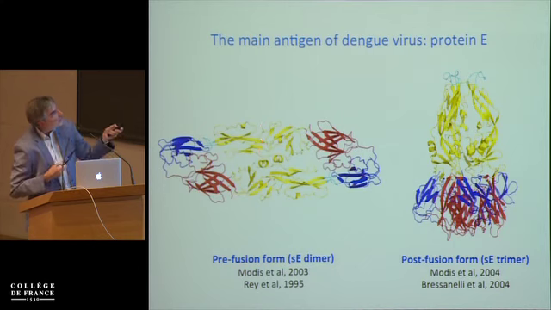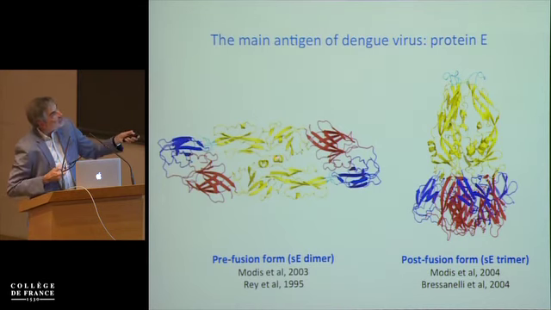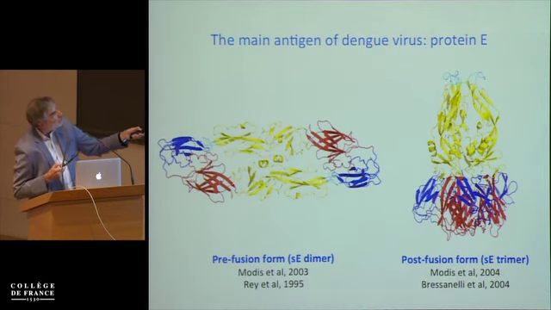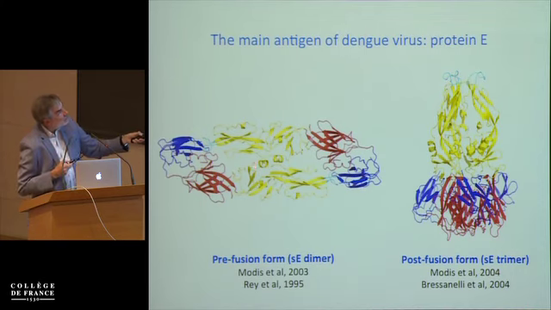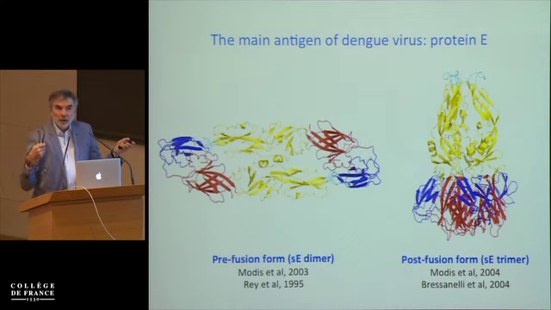The first structure of a flavivirus, from 1995, was the tick-borne encephalitis virus, and in the same laboratory, Steve Harrison at Harvard in 2003, they did the one from dengue. They look the same, you wouldn't tell them apart. The E protein is a dimer, in which the fusion loop, indicated here in light blue or cyan, is buried at the interface of the dimer. This protein is the membrane fusion protein, and this buried peptide is the one that will insert into the target membrane when you expose the virus to acidic pH, as in the endosomes.